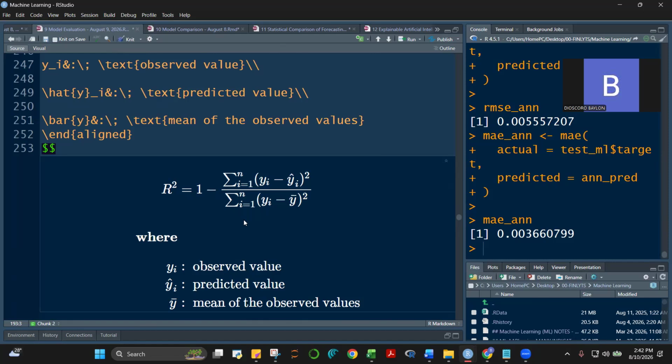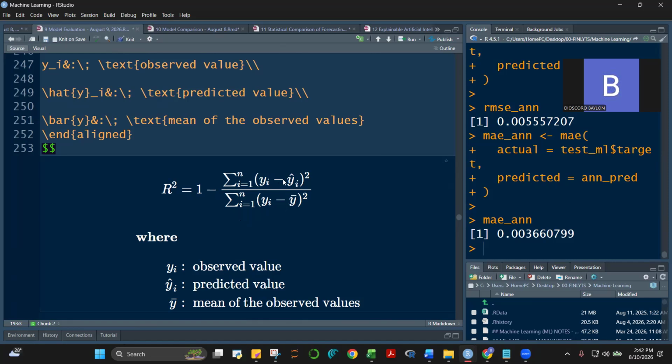Okay, so in the case of R squared, the higher the better. Okay, because R squared, unlike RMSE and MAE, where the lower the better, R squared, on the other hand, the higher the better, because we're taking a look at the sorry, one minus, this is your unexplained, I stand corrected, sorry, I got confused a while ago.